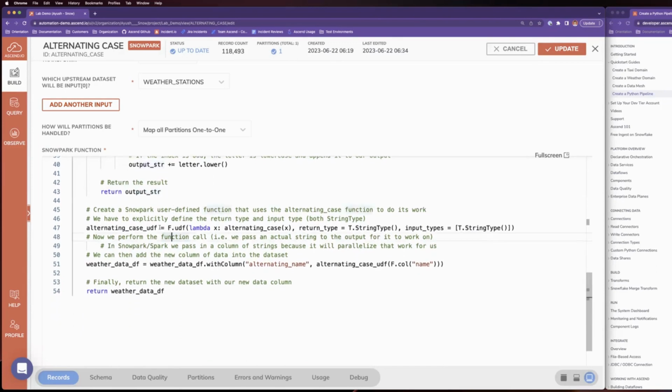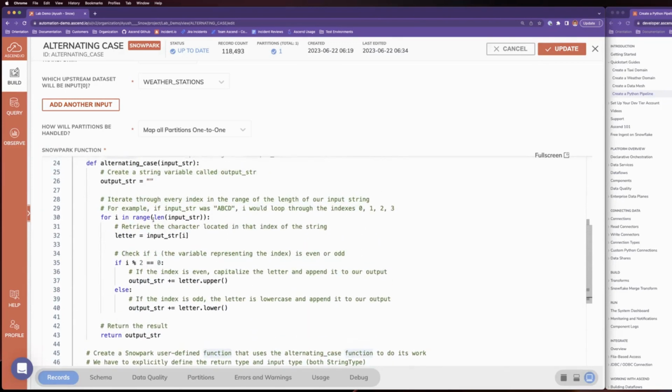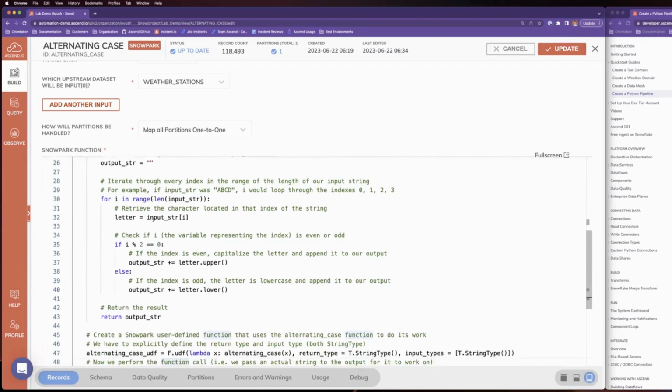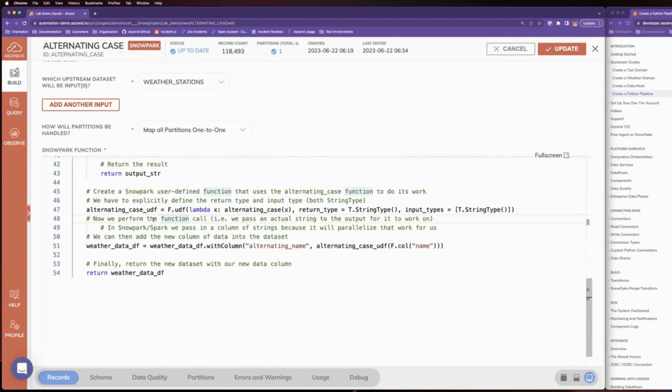Then at the end, or sorry, not at the end, the function has been defined, right? So this is the function that we want to work with. This is our custom function to create a specific case that we want to work with. But within Snowpark, we have that function defined in base Python, but we need to create it in Snowpark. So what's going to end up happening here is we are going to create a user-defined function.